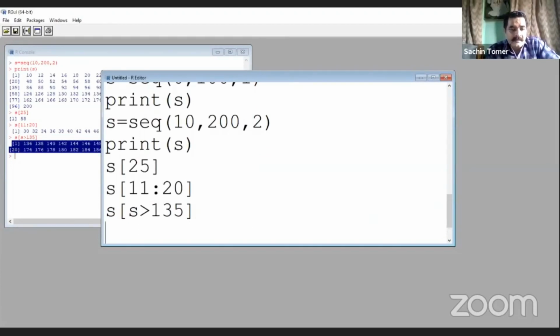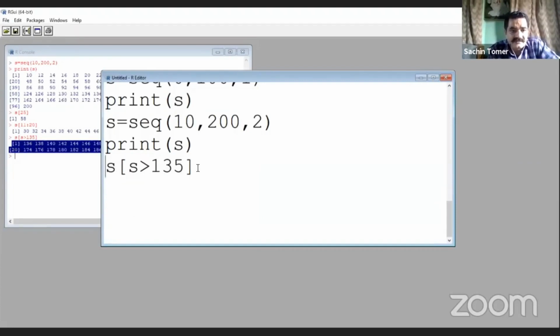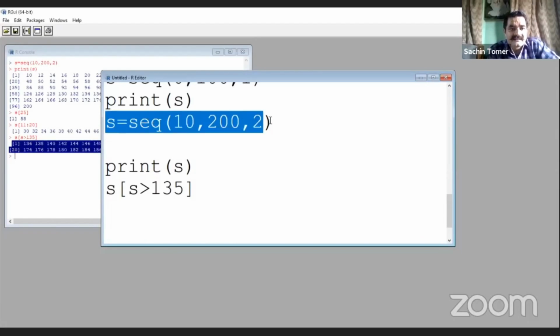Now we want to calculate how many numbers there are which are greater than 135. First, let us start from here. We want to check how many numbers there are.